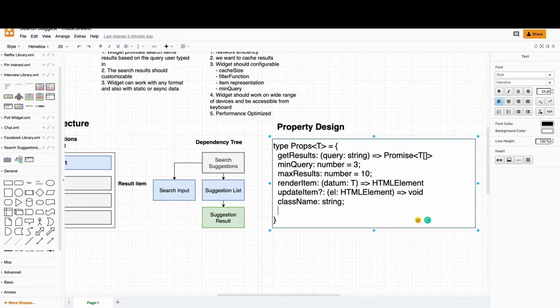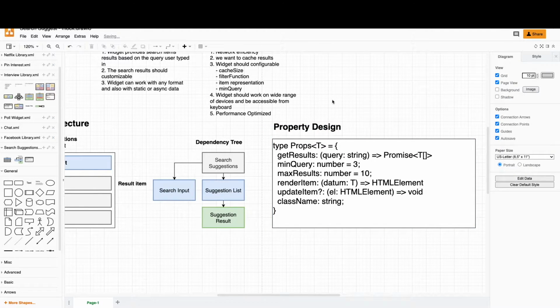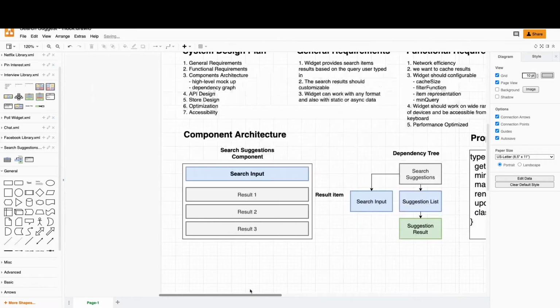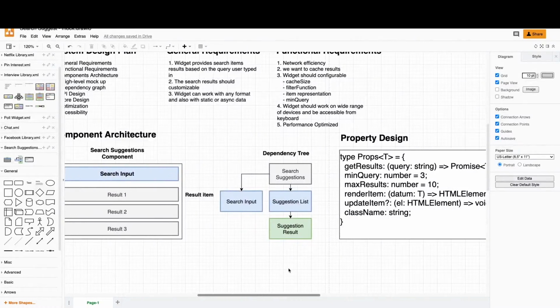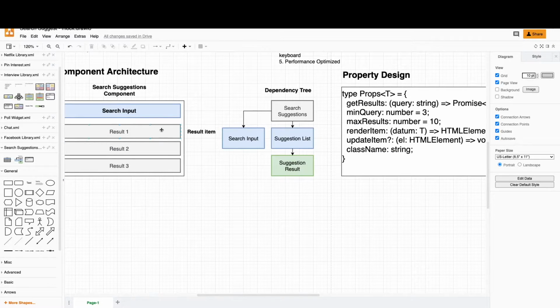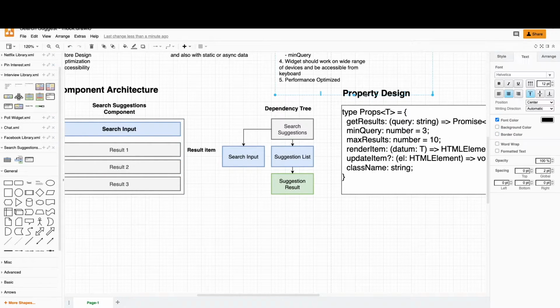Okay. We have the property API for our component, and then let's proceed to the next thing, the store organization. So what is the store organization? It's the front-end data we store in our application. So I'll copy this out and also say that